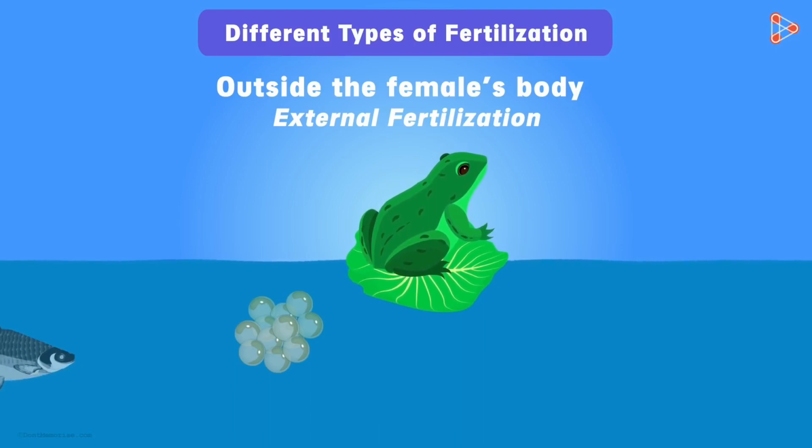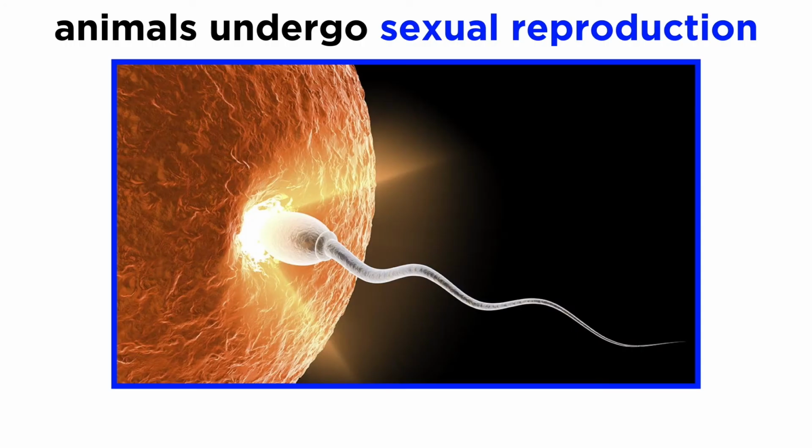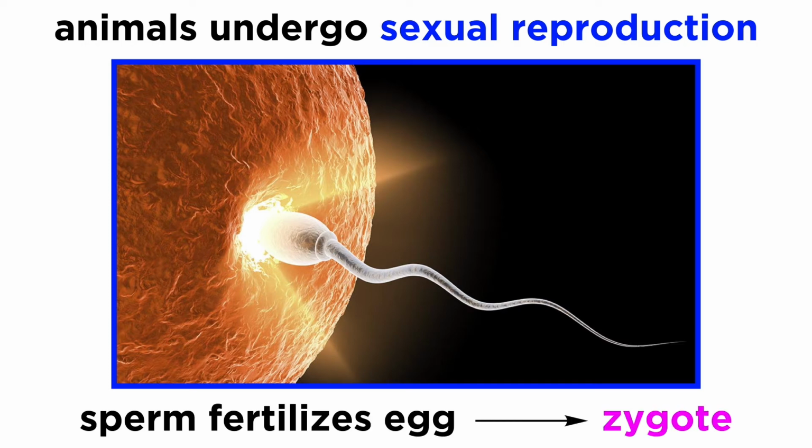Now, the most important thing we need to know is how the embryo develops. Remember that animals reproduce sexually, which simply means utilizing sperm and egg. Yes, believe it or not, even things like worms, corals, and